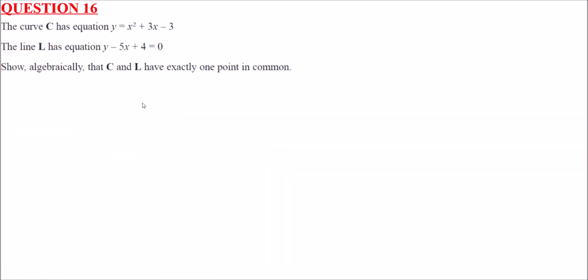Question 16, we've got a curve which has equation y equals x squared plus 3x minus 3, and then we have a line with equation y minus 5x plus 4 equals 0. Show algebraically that C and L have exactly and only one point in common. Well, C and L will intersect, will cross over,